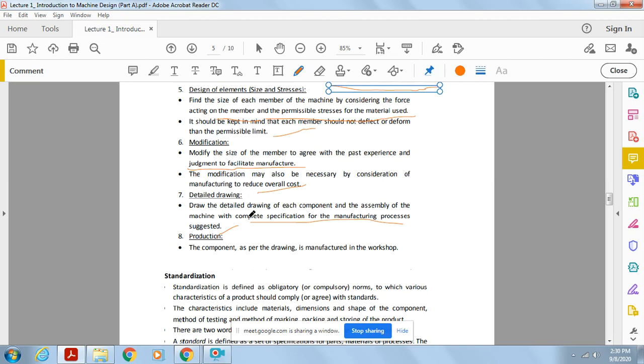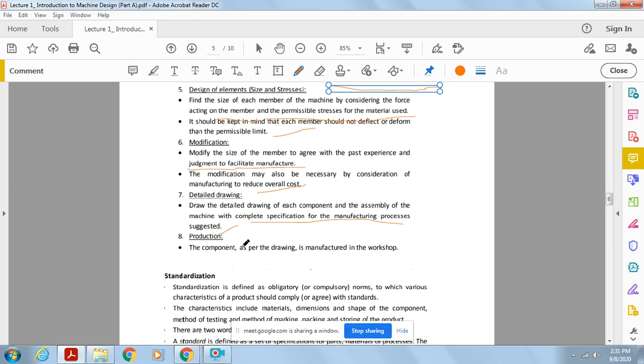That is the most important thing: detail engineering means all those particular things, the BOM, the BOQ, the material specifications, and the other parameters, like whatever amount of stress, temperature, and pressure will be generated. All those particulars will be mentioned perfectly in your detailed drawing. So once you have your detailed drawing, it will be enough for a manufacturer to easily manufacture that product based on your design.